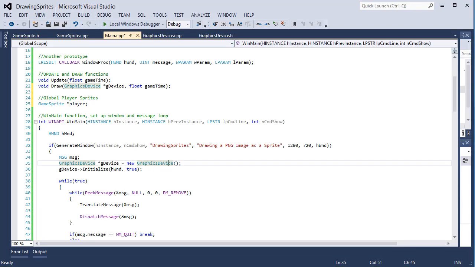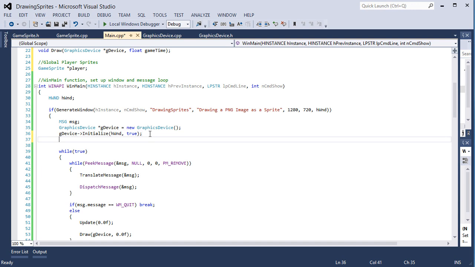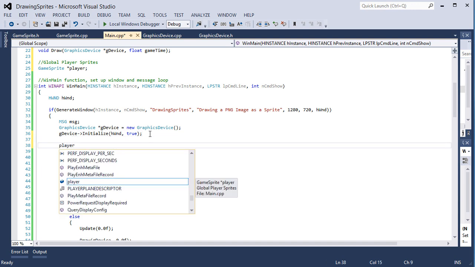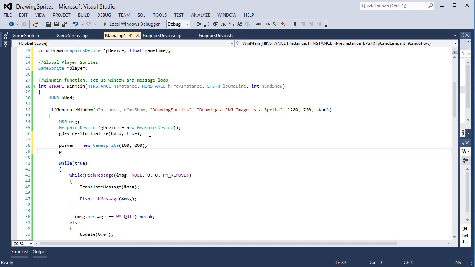Alright, so we have a global sprite, and in the WinMain, where we set up our graphics device, after that has been initialized, player is equal to new GameSprite. Now I'm going to use the X and Y here, 100, 200. Alright, player arrow, we need to initialize it, so we need to pass it a pointer to our device, which is gDevice arrow device, comma,